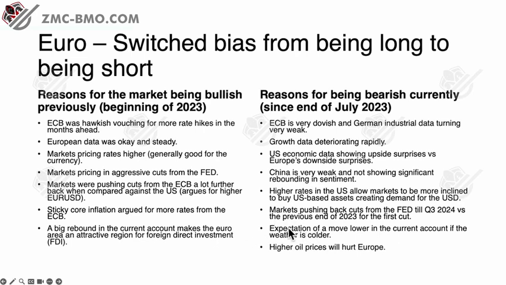So obviously, expectations of the current account moving lower into negative territory is because of a cold winter, which is going to be driven by higher gas prices. But also at the moment, we are seeing high oil prices based on, of course, the Israel and Palestine war, which again is a negative thing for the euro in general because they import a lot, right?